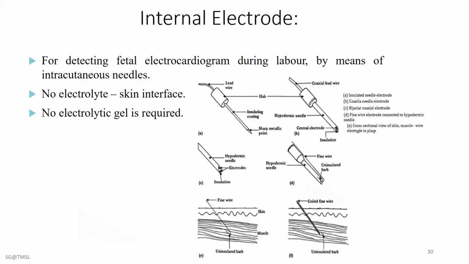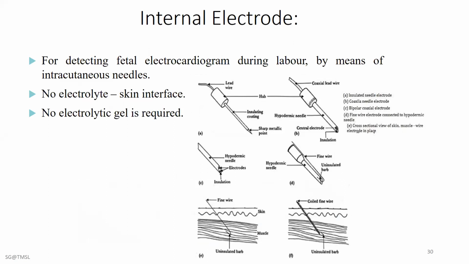Next is the internal electrodes. Here, for detecting the fetal electrocardiogram during labor, by means of intracutaneous needles, no electrolyte skin interface is there and no electrolytic gel is required. It's one type of needle and wire electrode